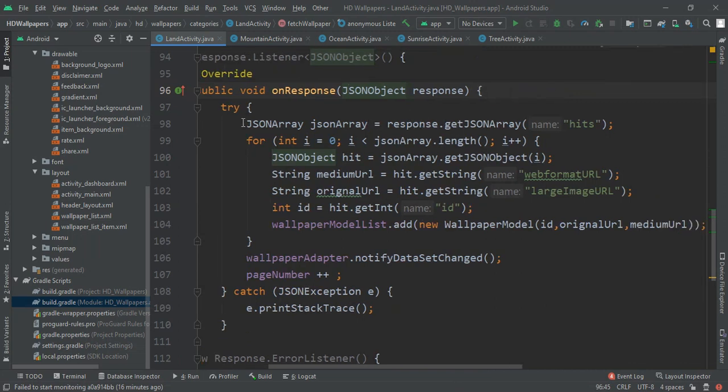So try, and then there will be a JSON array which will be started. JSON array is equal to response. Now this response came from here, you can see that it is automatically highlighted. Then we have to get JSON array of name hits.